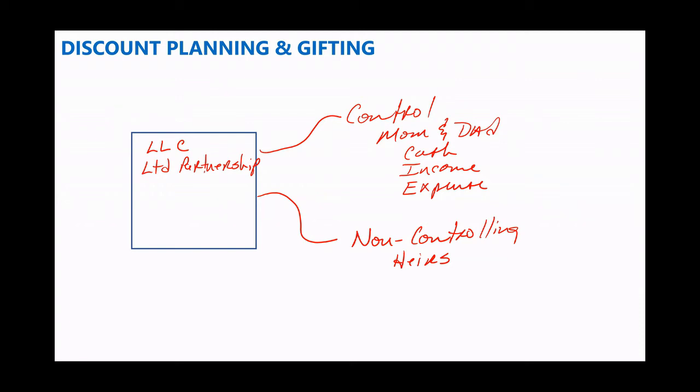to the next generation while mom and dad are alive, so we can not only reduce the amount of the estate, but also start taking some of that future appreciation and moving that to the next generation. So you'll hear this as an estate freeze. That's what we're doing. We're freezing at today's values so that we can deal with the estate tax with more of a fixed number. Also, that non-controlling interest can go into the legacy plan because we can put it into the dynasty trust if we've set one up, or just into whatever trust planning we're